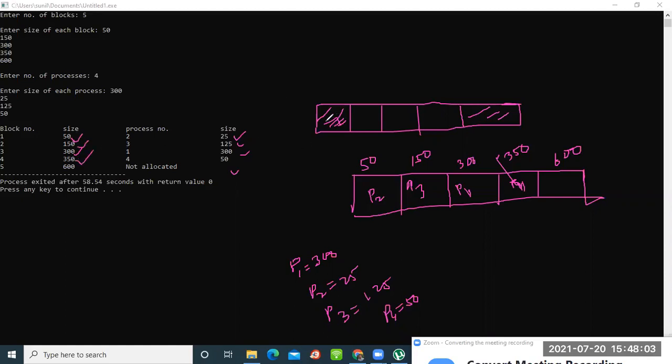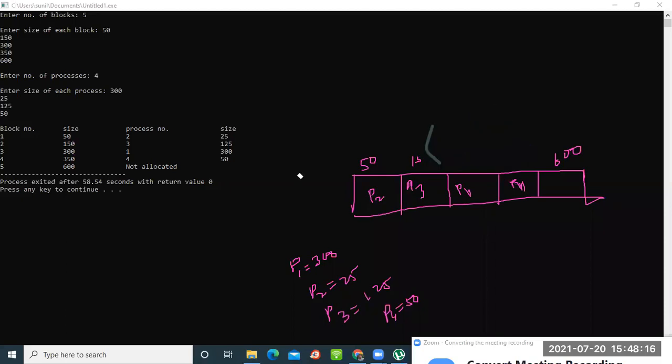Okay, so this algorithm will not be working for the partially filled. Partially filled memory state के लिए algorithm काम नहीं करेगा. Clear? If this point is clear? Yes, sir.